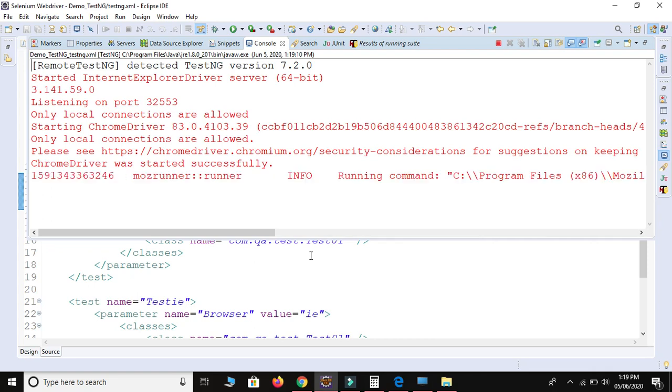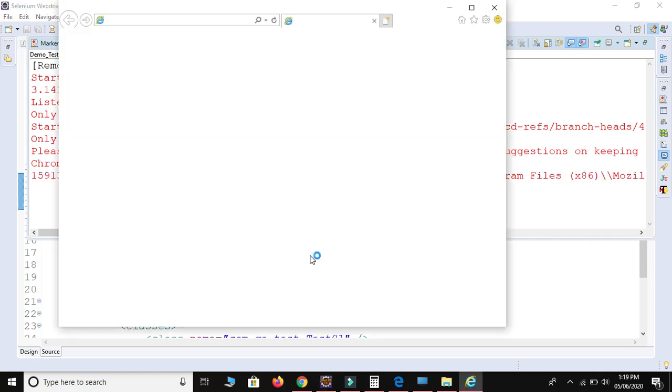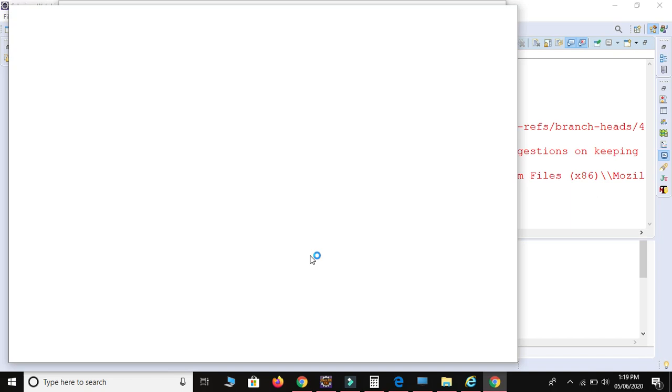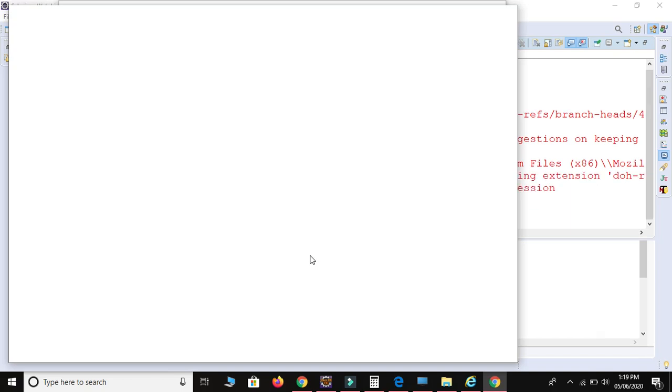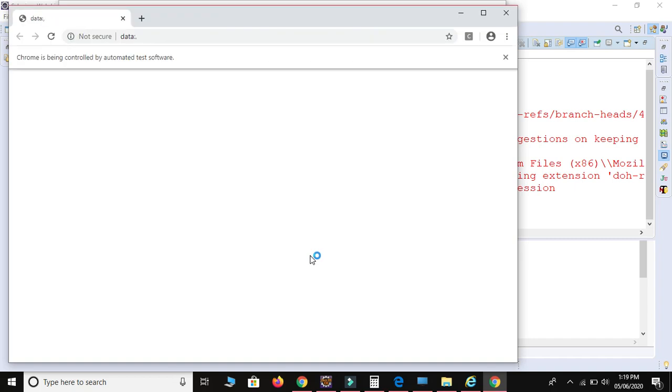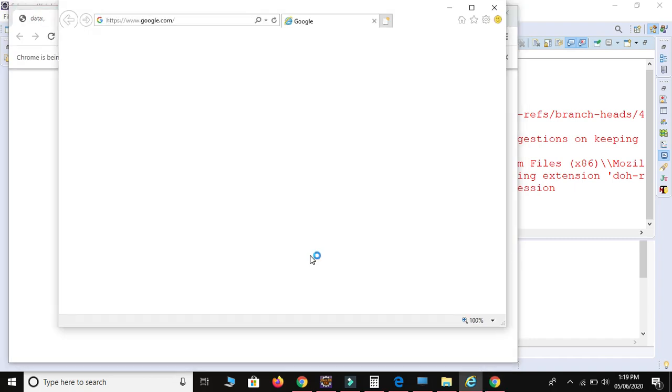Chrome started, see, Firefox also started, but IE is launched first of all. I don't know the reason. IE is, I think, flexible with Selenium. See, IE also started, Chrome also started. Okay, Firefox always takes some time.